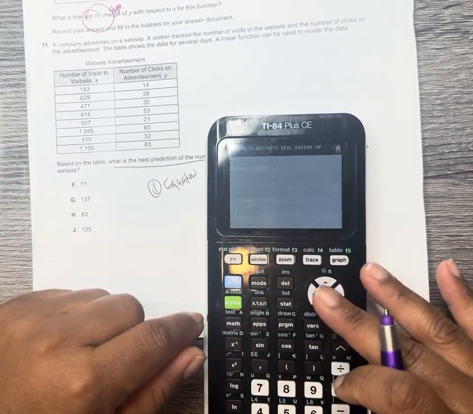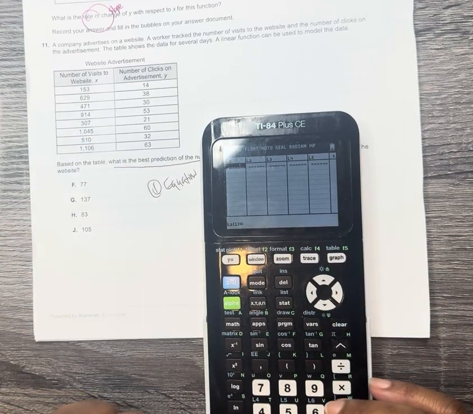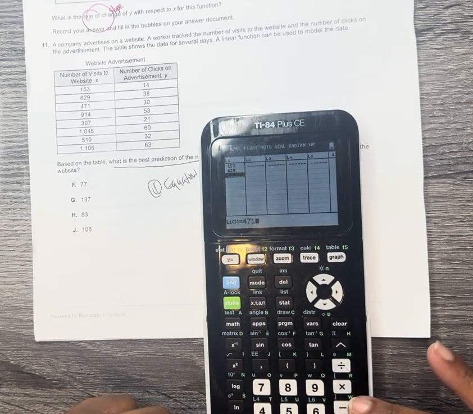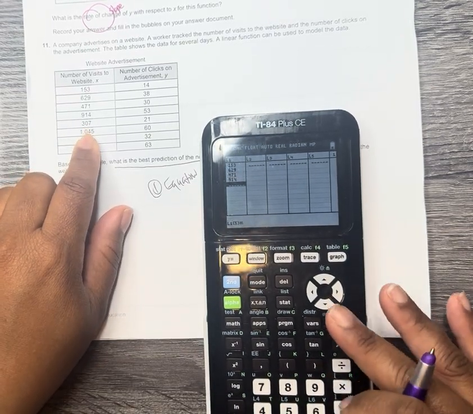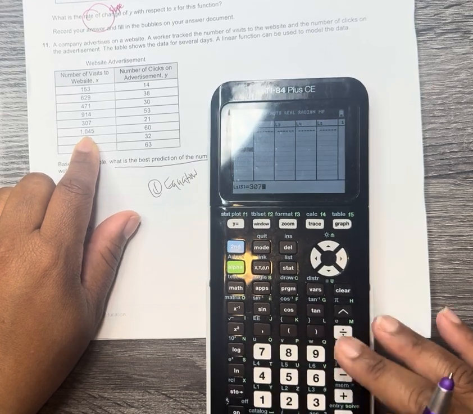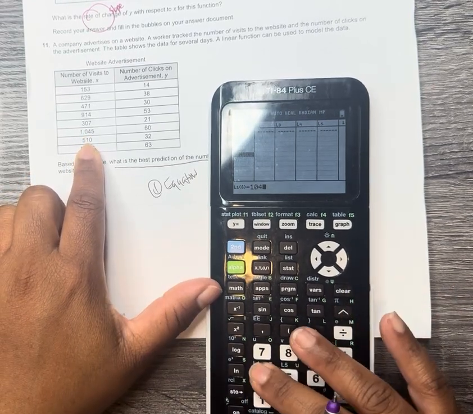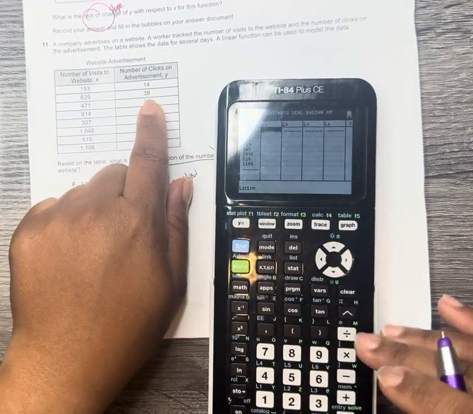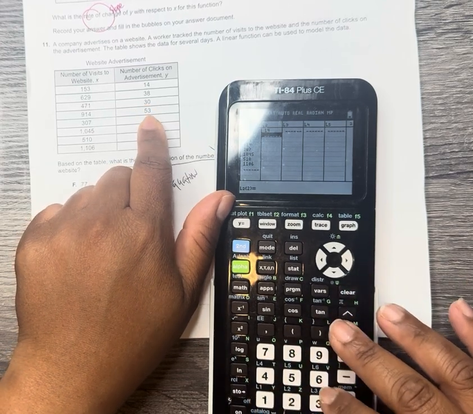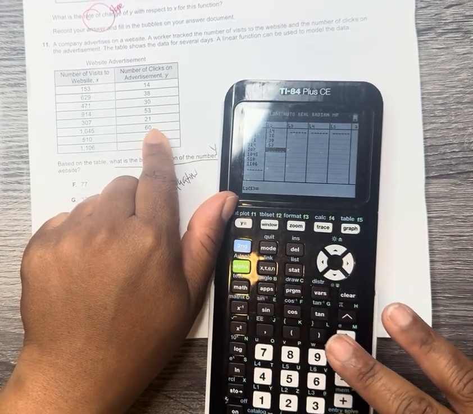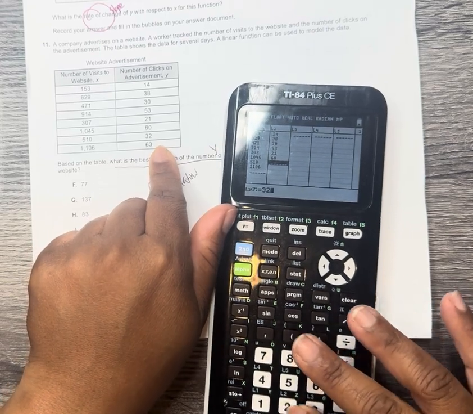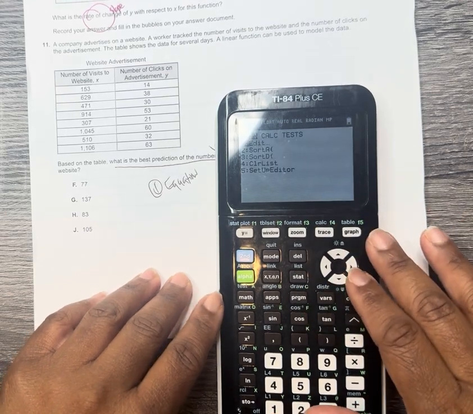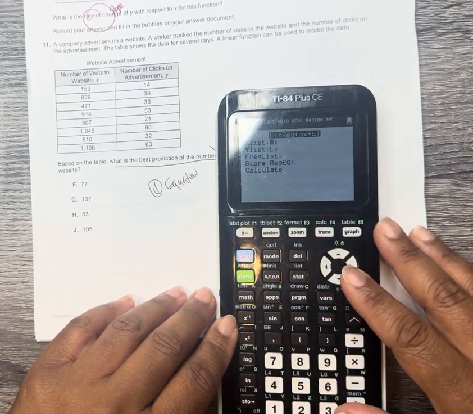So go to stat, enter, and in L1, we're typing in 153, 629. We're going to plug in all of them. 471, 914, 307, 1045, 510, 1106. And then in L2, we're plugging in our Ys, 14, 38, 30, 53, 21, 60, 32, 63. All right, so we plugged all these in, press stat, go over to calc, 4, and then